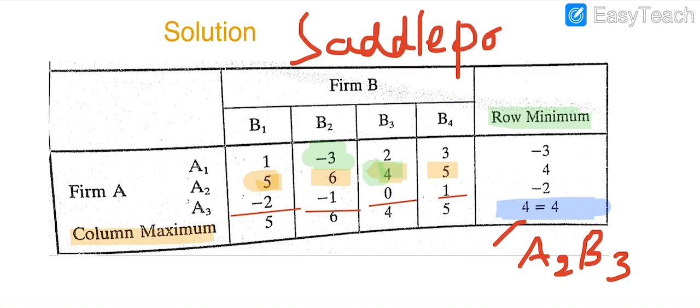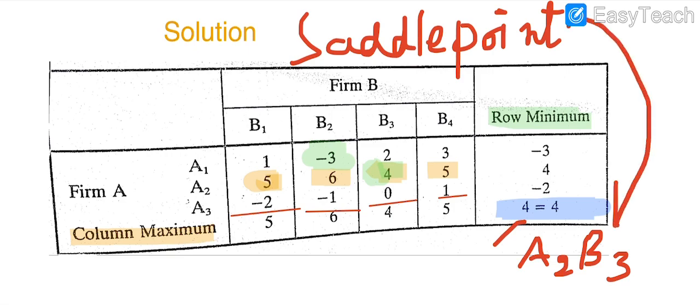Which is the saddle point? A2, B3. This is the saddle point at which firm A's gain equals B's loss. 4 equals 4. Clear? Next